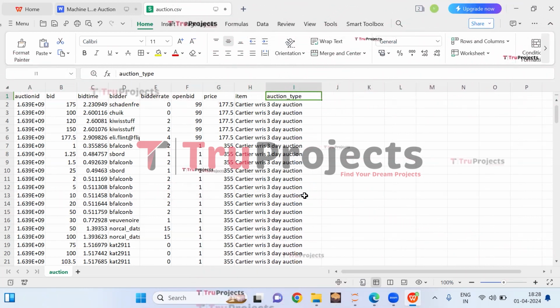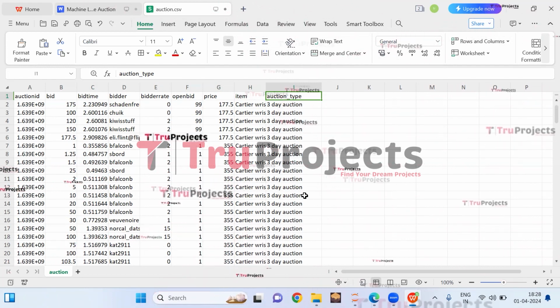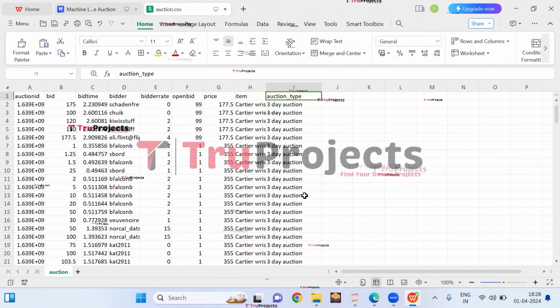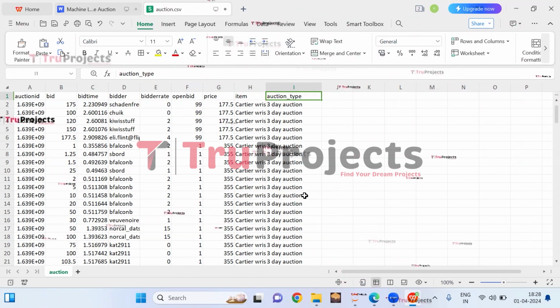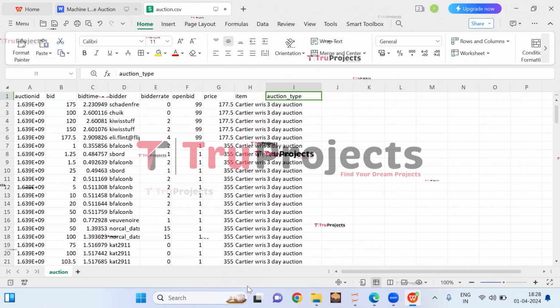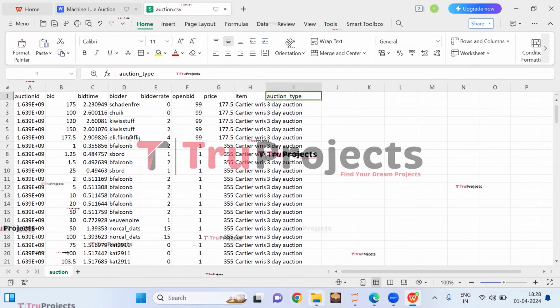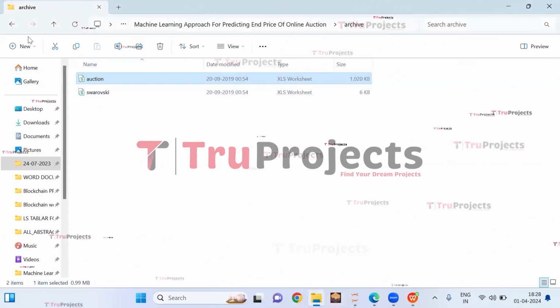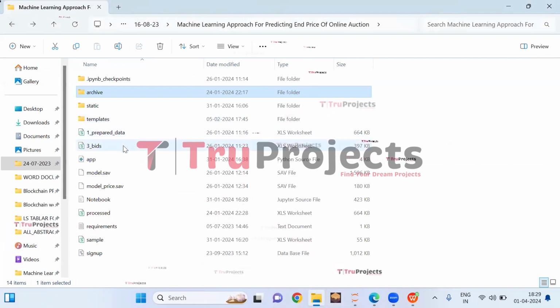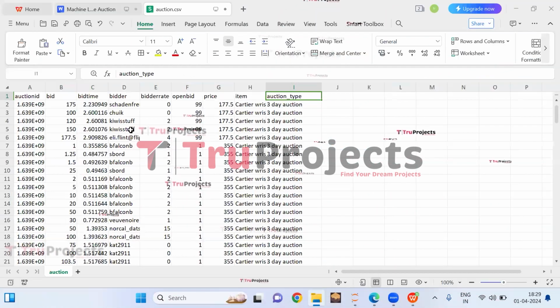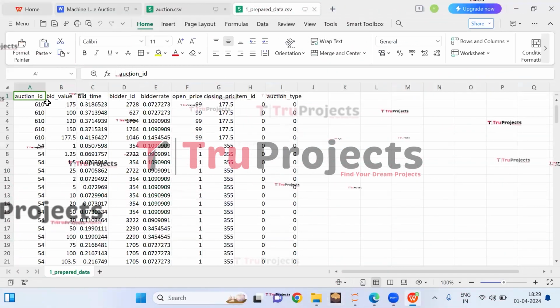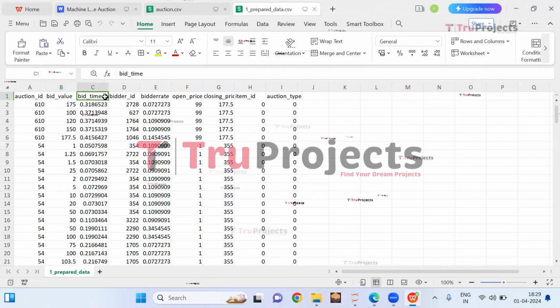So this auction data set will be pre-processed, that is removing null values, convert categorical variables into numerical representations. And after pre-processing this data set, this is the data set after pre-processing, in which we have these features.